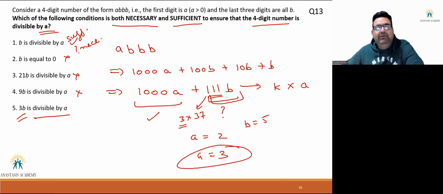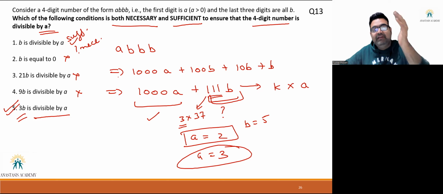All I need is 3 into B to be a multiple of A, right? I told you two cases. In one case A was 2 and B was a multiple of 2. So either B can have that factor of A, or that factor of A can come from 3 as well. That is how we land up at option number 5. This was a bit tricky problem because option 1 was given at the very front, and a lot of people will quickly decide and move on within a minute. But you need to take a pause and think why the other options were given, and evaluate them as well, because B being divisible is sufficient, but it is not necessary.